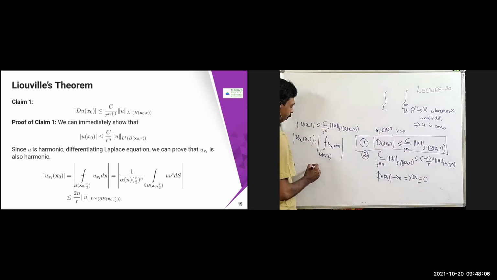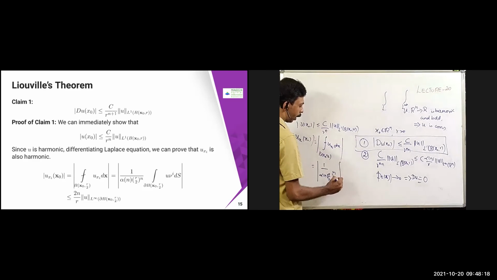So in this case, you are going to apply the definition of the average integral. That is going to become 1 by alpha n into (r by 2) power n, into the integral over B of x naught comma r by 2 of u(x) dx, which is less than or equal to